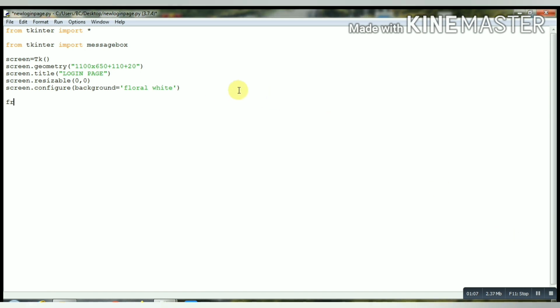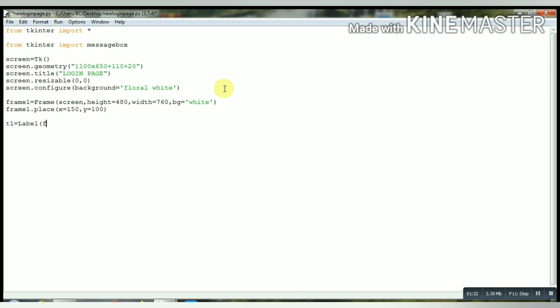Now we will put a frame, frame1, in which we will take the member login, password and username from the user. Frame height 480, width 760, background white. Frame1.place at x equals 150 and y equals 100.